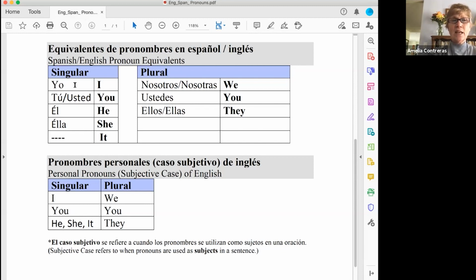For instance, the verb hablar, meaning to speak or to talk. In Spanish, you might say hablo inglés, I speak English. You wouldn't have to say yo hablo inglés because hablo already says who is speaking, that it is meant that